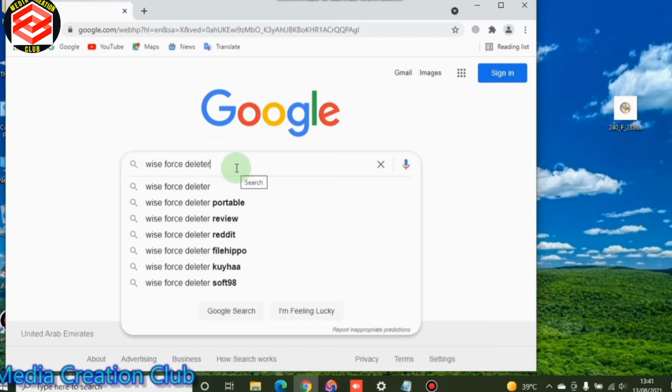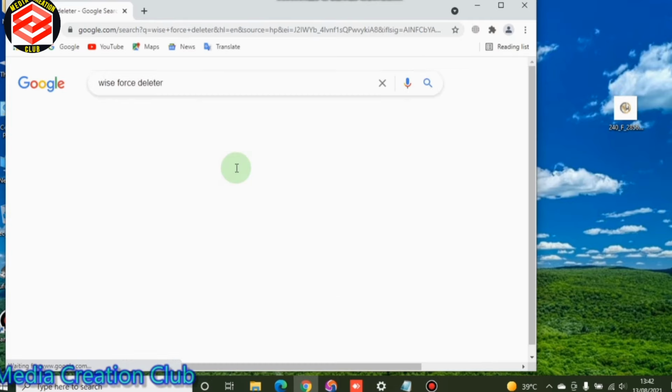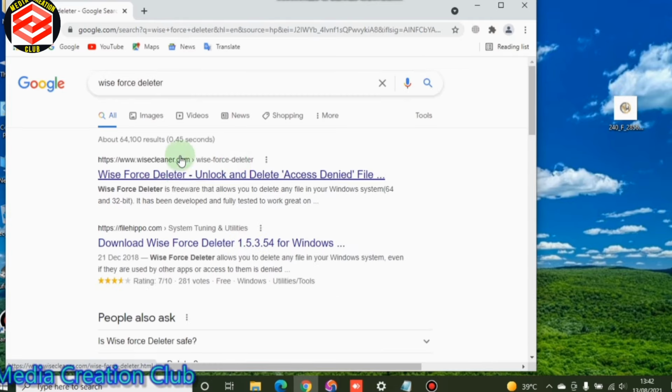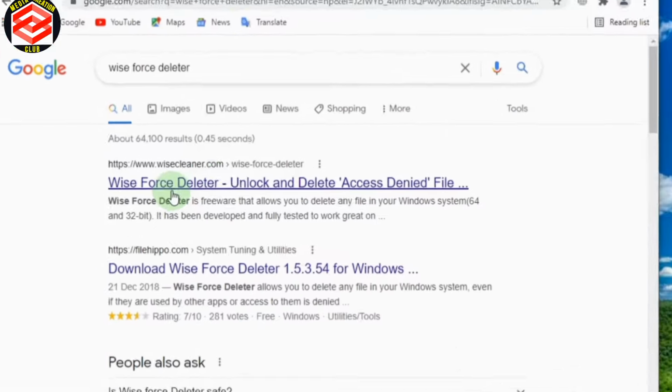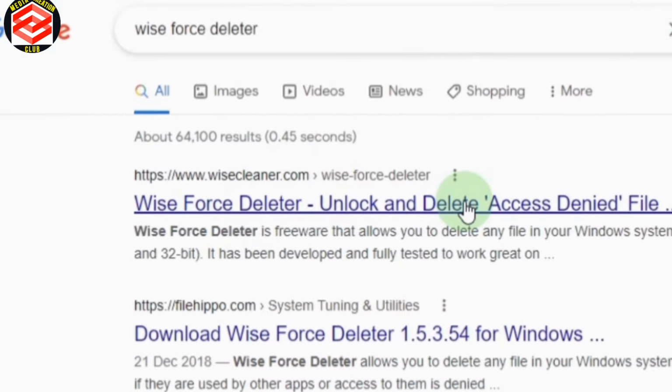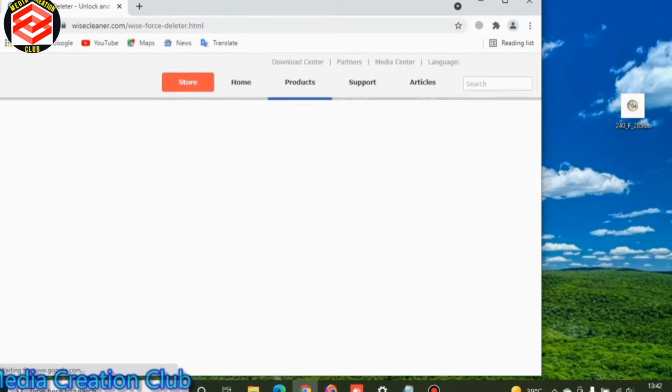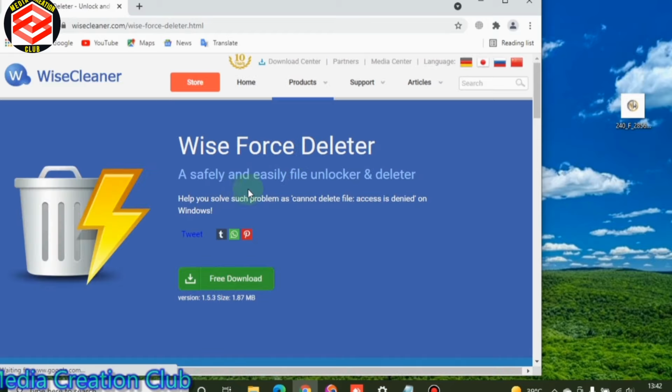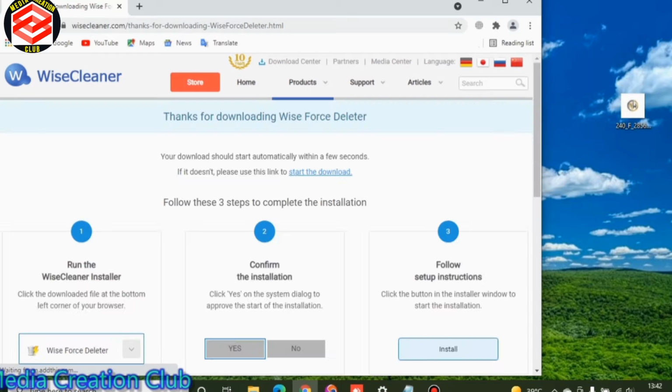When you write Force deleter, enter. It's a perfect size. There's the first one. So we can always change to a different background but keep the same image. If you don't know, safely and easily use the unlock deleter. So after download, let's try it, very effective, 1.87 MB. Okay, after this I will install it.